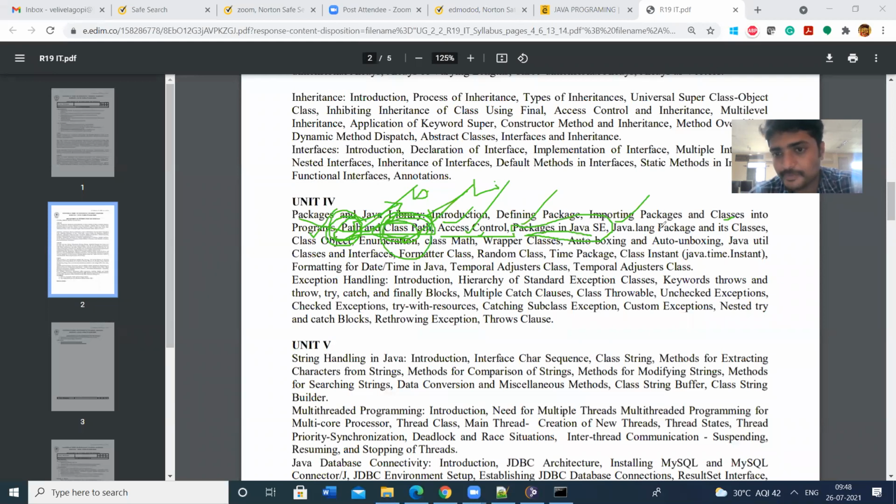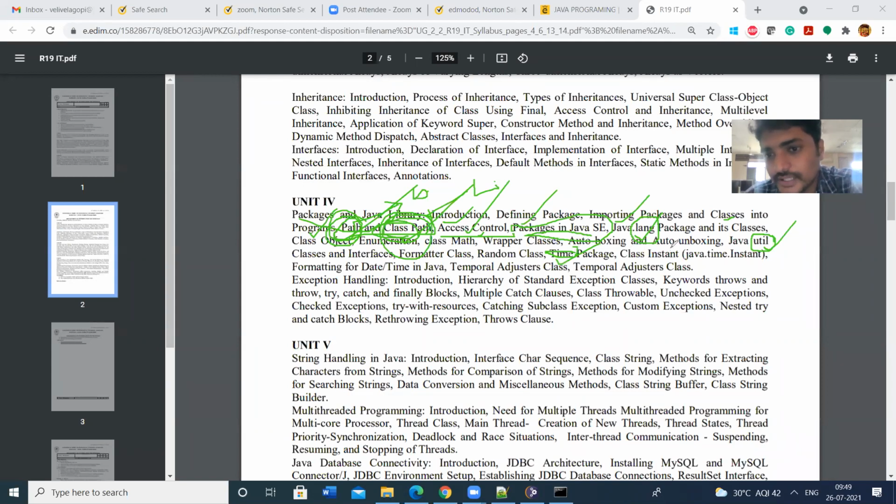First we are going to study the language package. Next we are going to study the util package. Next we are going to study the time package. So in this chapter we are going to study three predefined packages: the language package, the util package, and the time package. We are going to study each of these packages in detail.